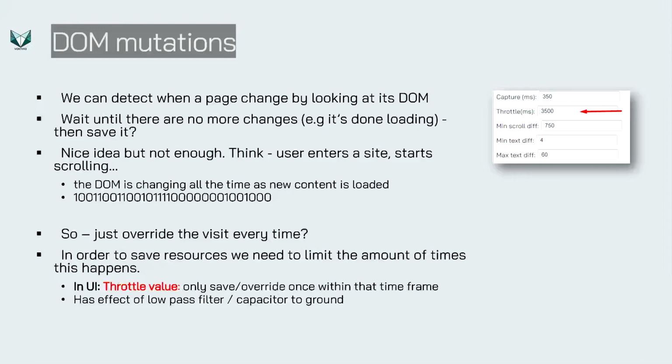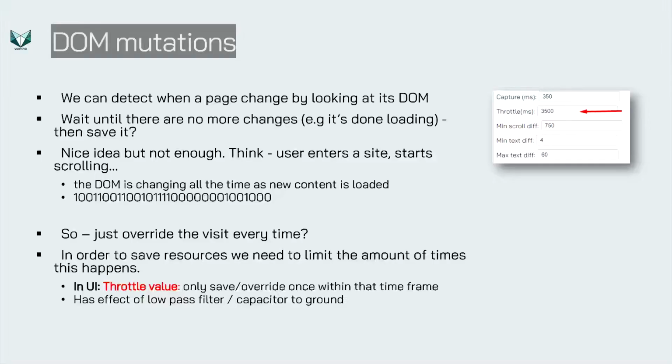So then you can say, well, maybe that's not such a bad idea. And then it's not such a big deal because we can just overwrite that visit every time. As he scrolls down, the page gets bigger and there's more information, and we basically just overwrite this every time. But that is resource intensive, right? To save the file is a lot of work, and so we don't want to save the file all the